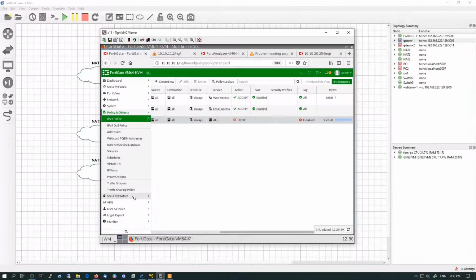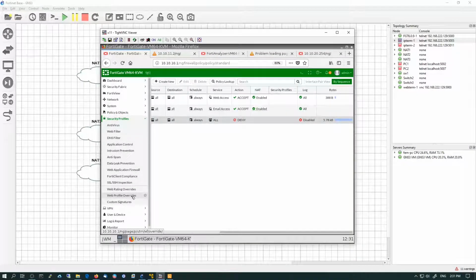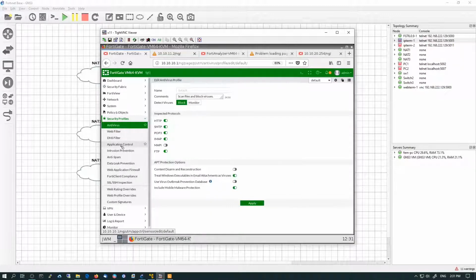We now need to create or adjust security profiles that we can apply to our policies. There are a number of different security profile types, including antivirus, web filter, and application control, and we'll use some of these within our policies. I'm going to make use of the default profile for each security feature that is predefined on the firewall. For antivirus, the defaults are fine, and you'll notice that there are a number of protocols that antivirus scanning supports. We'll move on to the web filter,